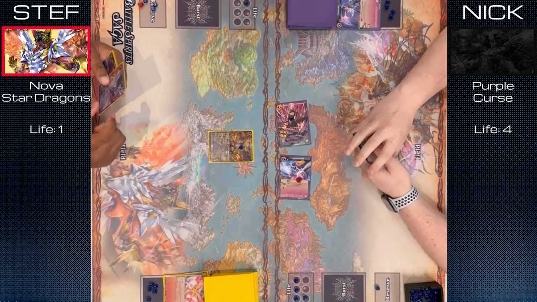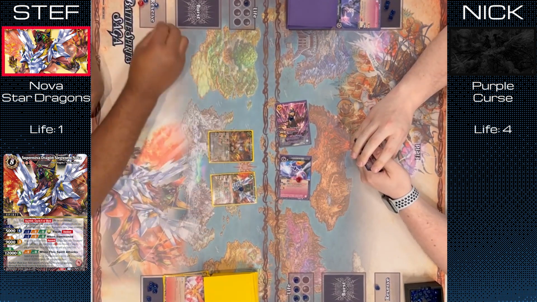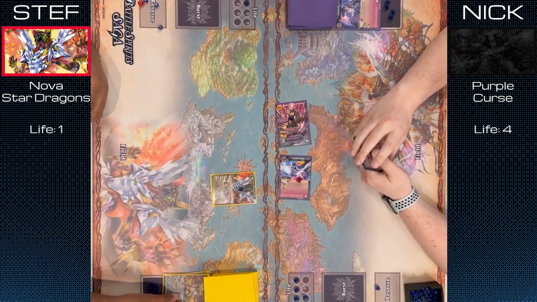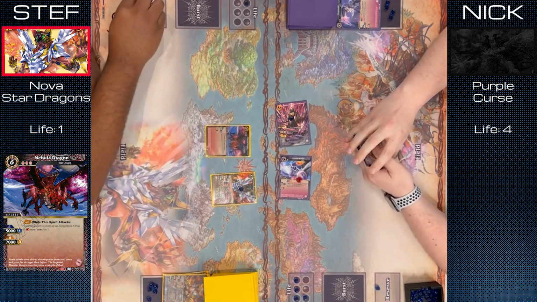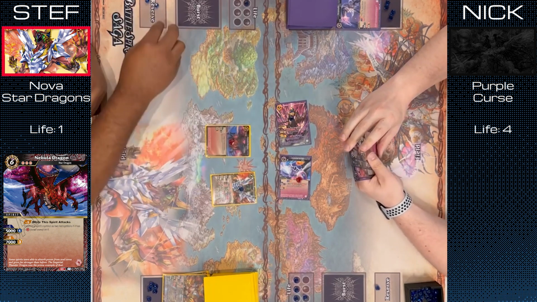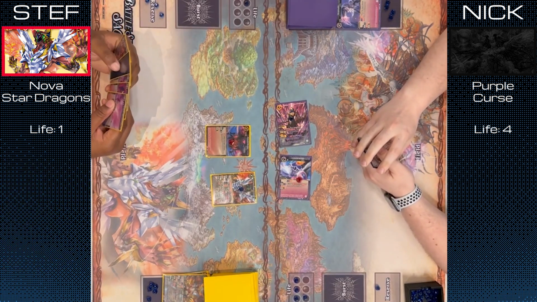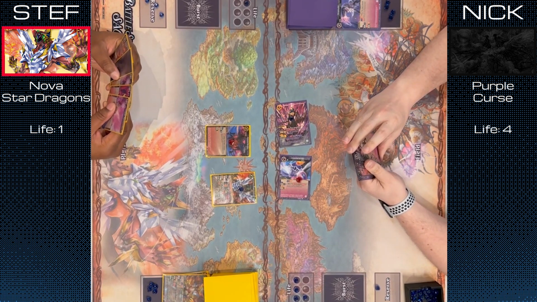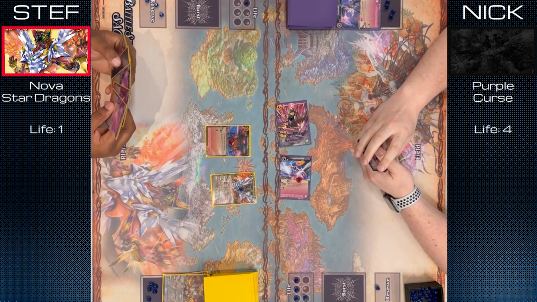Then for 0, because Andromeda does count towards reduction, I play Nova, and then I ascend Andromeda to put the core onto Nova. Then I play Nebula Dragon also for 0 because I have Nova on board. Nebula Dragon is a very special card because its effect says if you have the soul core on the spirit